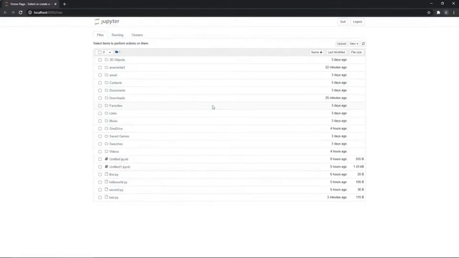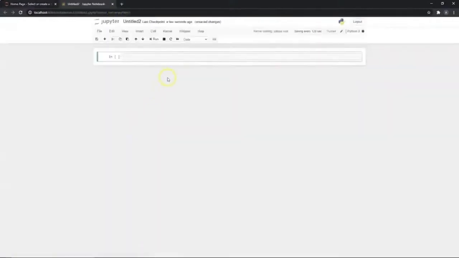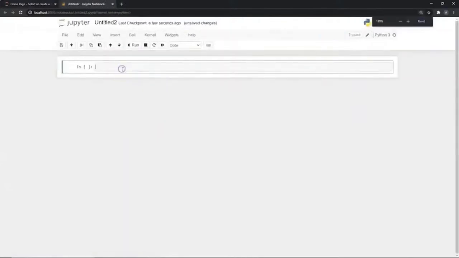So as you can see, this is my Jupyter notebook. These are a bunch of folders. You don't need to worry about what these are right now. I will show you how to create a fresh notebook. So if you go here, you go to New, and you select under Notebook the Python 3 option. It will open your first notebook. As you can see, this line is essentially waiting for me to enter a command or a statement that I would give in a normal Python program.